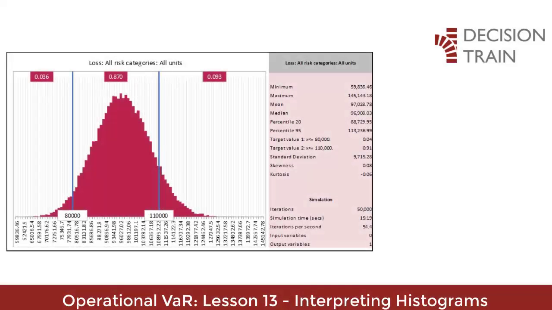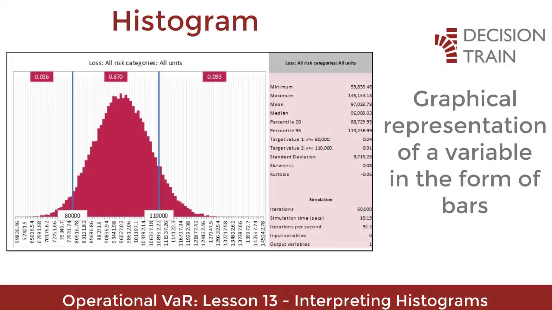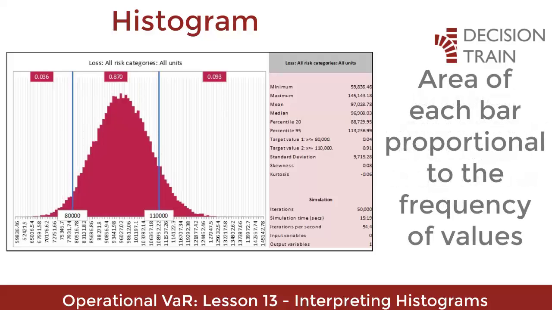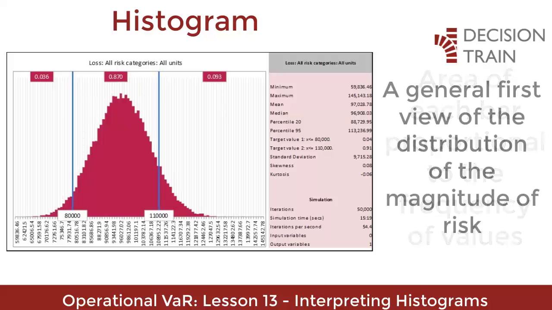In statistics, a histogram is a graphical representation of a variable in the form of bars, where the area of each bar is proportional to the frequency of the represented values. They are used to obtain a general first view, or panorama, of the distribution of the population, or of the sample, in this case of the simulated numbers, with respect to a characteristic, quantitative and continuous, the magnitude of the